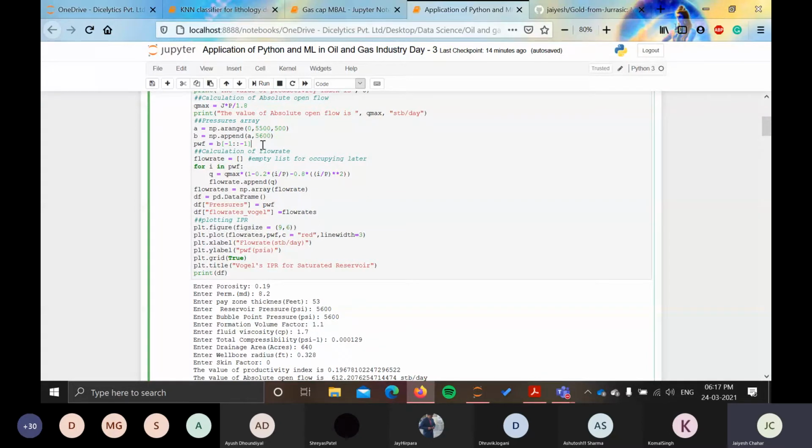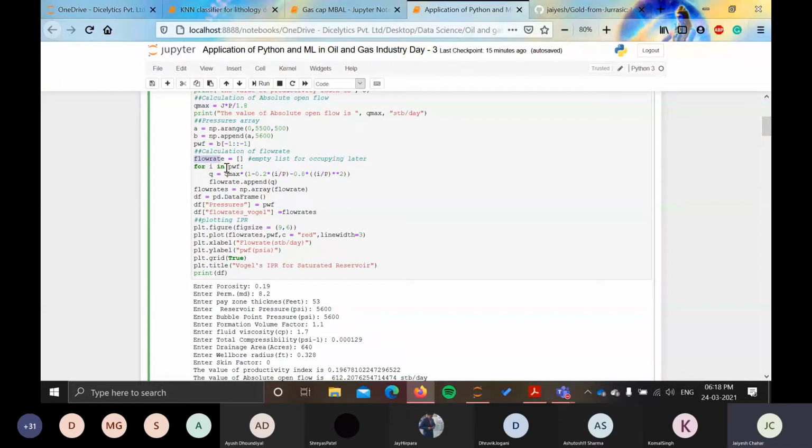So for that, as I mentioned on the very first day, empty lists are used for occupying them later with certain values that can be calculated in the next lines of code. So here I have used that application of empty list. I have declared an empty list whose variable name is flow rate. And after that, in PWF array, I have used the for loop.